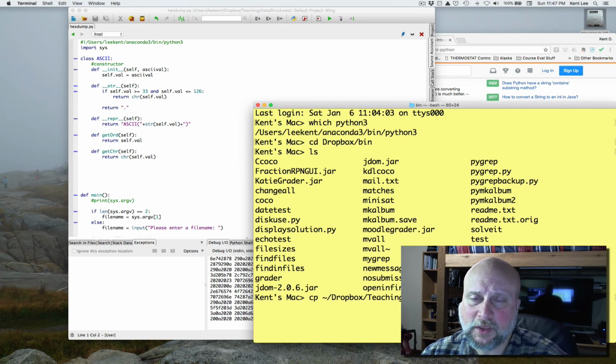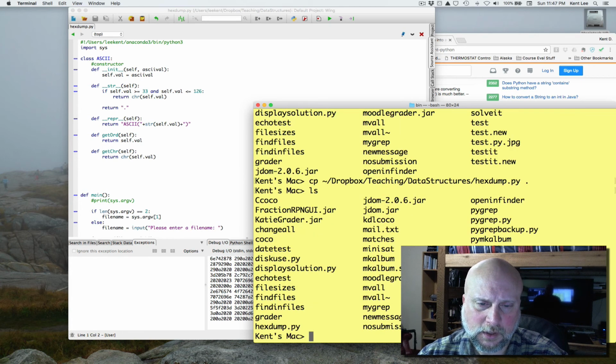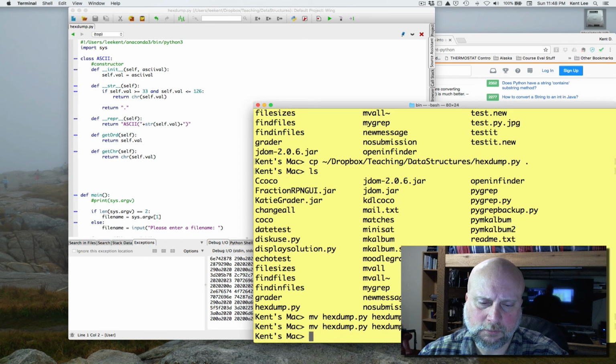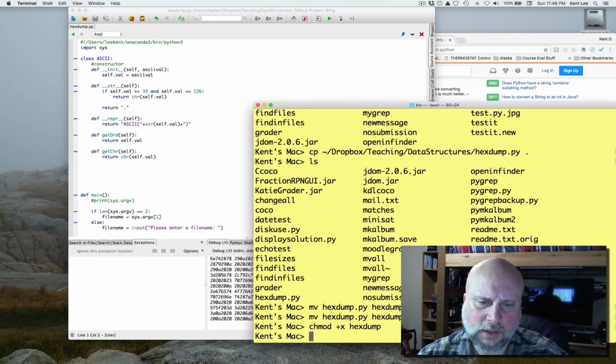So I can copy that right into this directory that I'm in, and I'm actually going to rename it. So that's a move command, and in Unix anyway, I'm going to rename hexdump.py into just hexdump. And if I do a chmod +x on hexdump,